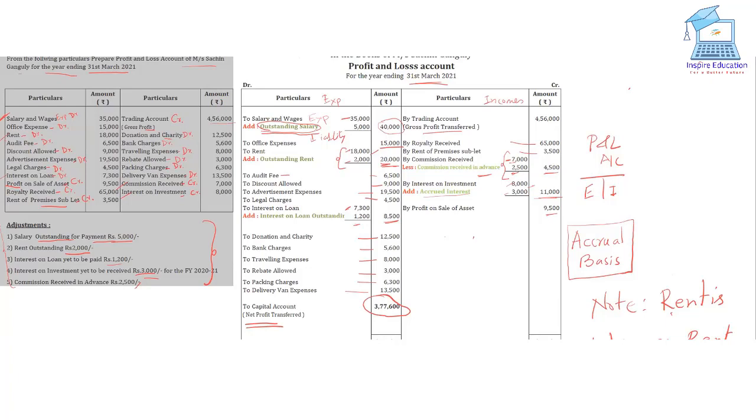So others are not asking any questions, so I can assume that you have understood this portion. Why is the rent of premises sublet taken on the credit side, sir? Because the meaning is like this: sublet means you are having a premises. Suppose you are having a building and there is a small portion, and you have let this portion for rent. You have just sublet that portion.